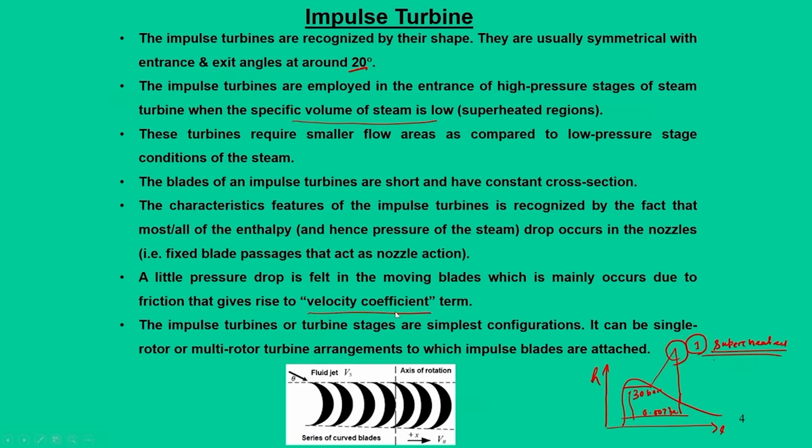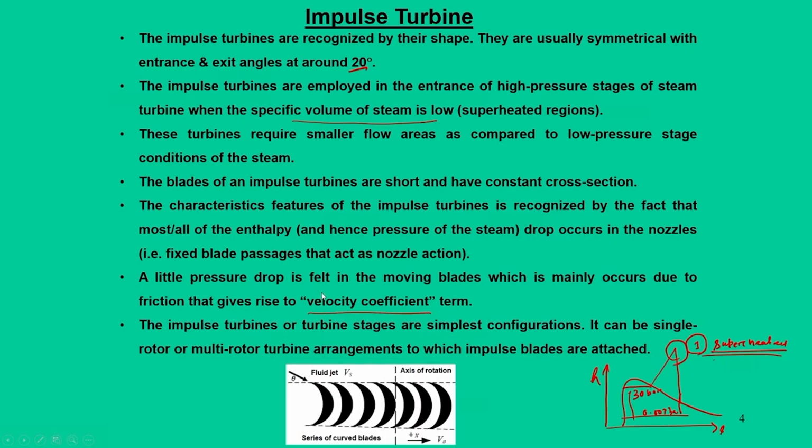That is the reason that, since the steam is already at very high pressure and temperature, there will be friction if a large number of blades come into the picture. So, hence there is some velocity coefficient term that gives the losses